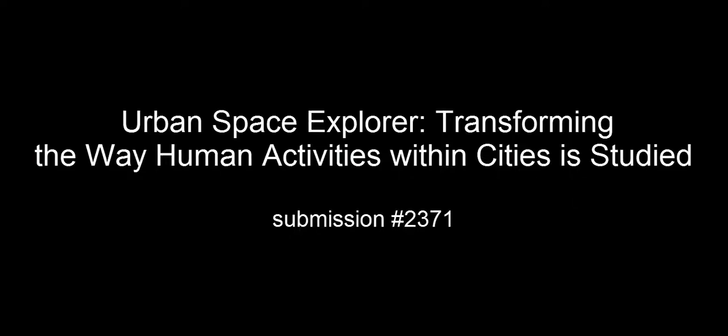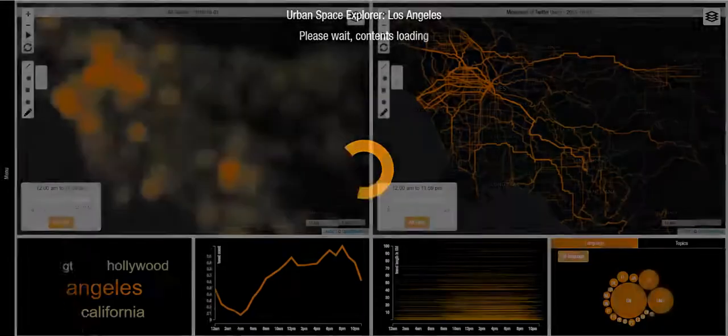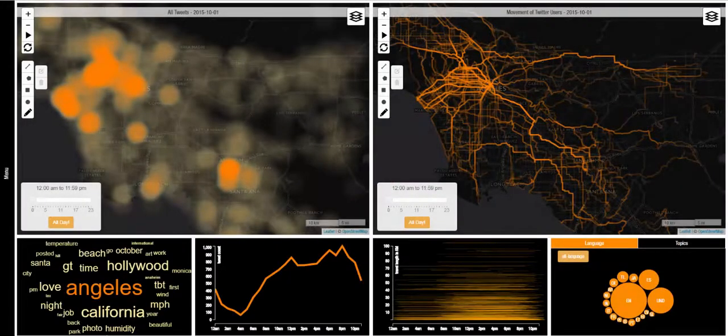In this video, we present UrbanSpaceExplorer, a visual analytics interface aiming to allow exploration of human flow and activity within cities through the lens of social media. The goal of our system is to assist professionals whose work involves the study of human activity within cities. The current version of UrbanSpaceExplorer uses geolocated tweet data for Los Angeles metropolitan area for the months of September and